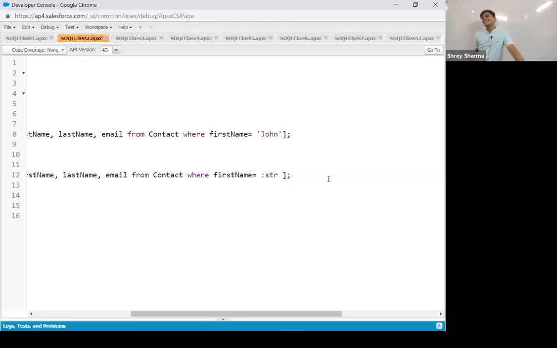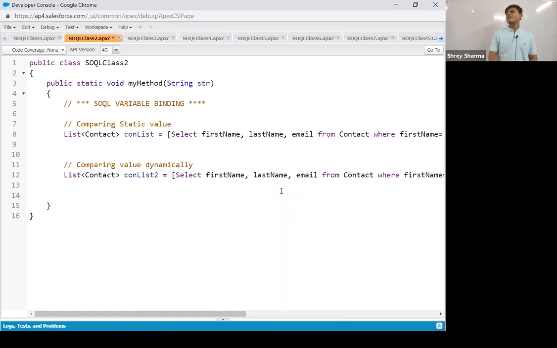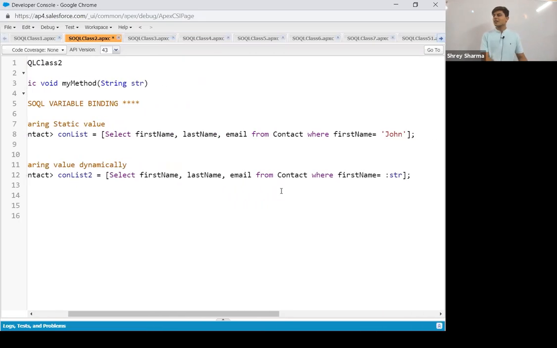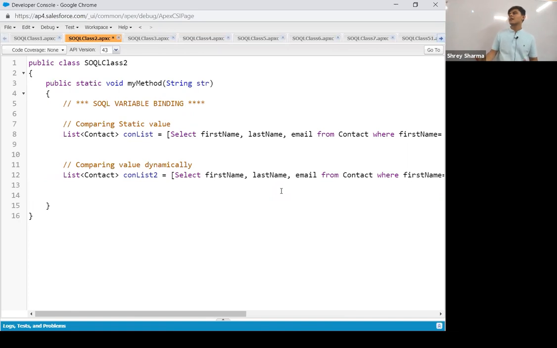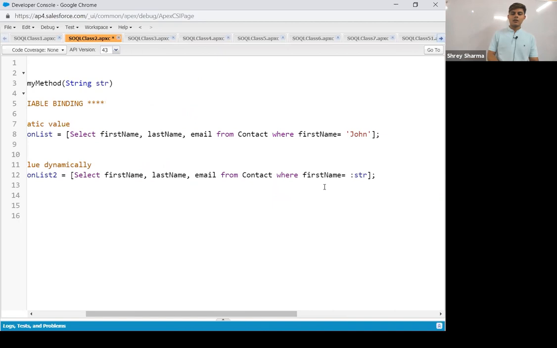I don't know why you want to pass an array. There is IN for that. We're going to talk about it later. If there is a mismatch of data type, it will throw an error at runtime. Getting it? Most of the time, when you talk about the Salesforce database or any database, the values are in string or text format only. If it is something else that you're trying to compare with a string, it's going to give a runtime error.